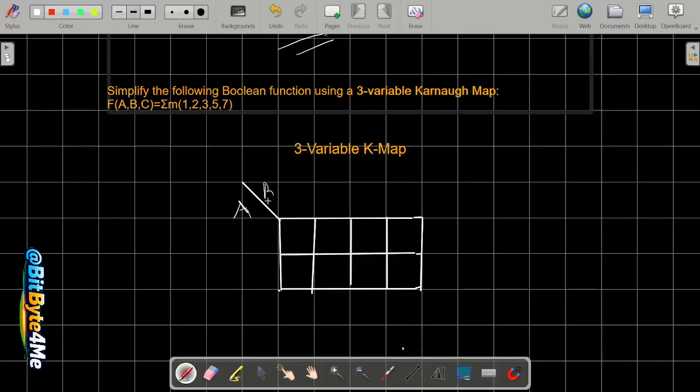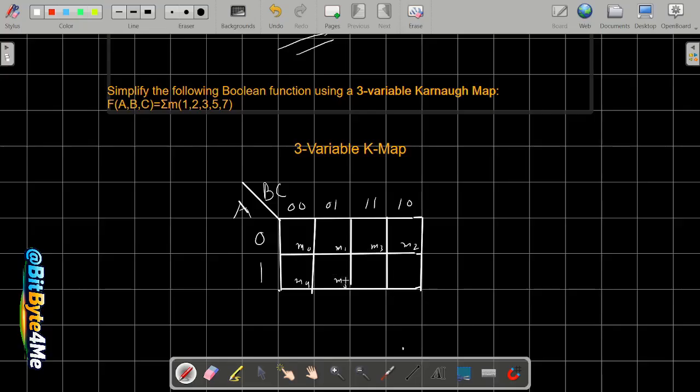This is A, this is BC. The value of A is 0 and 1, and the value of BC is 00, 01, 11 and 10. So the terms here are m0, m1, m2, m3,